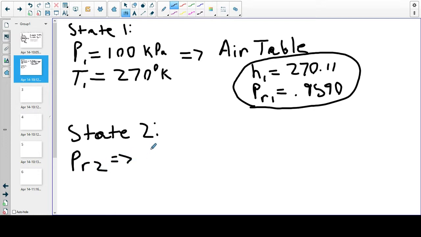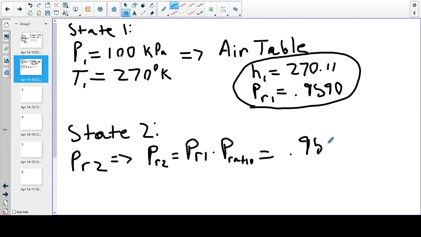Alright, and then we solve for state 2. And so we have to find PR2, because we have a pressure ratio in the problem, but we need PR2 to fix state 2. And so we know that PR2 over PR1 is equal to the pressure ratio. So if we move over PR1, multiply by the pressure ratio, which is 3 in this problem, you get a PR2 value to be,